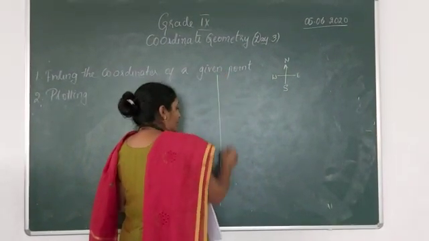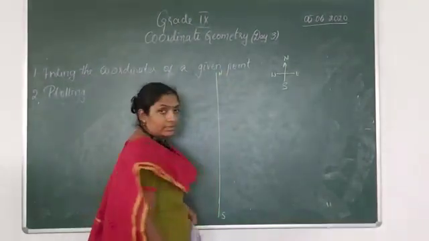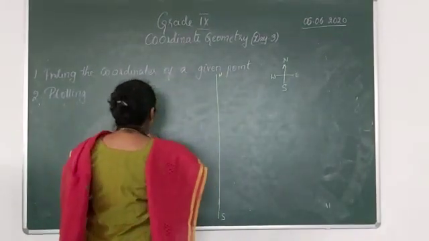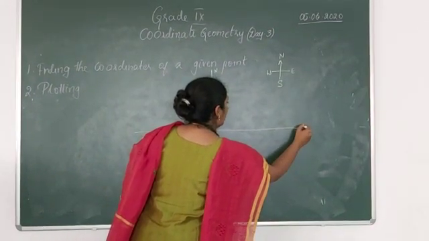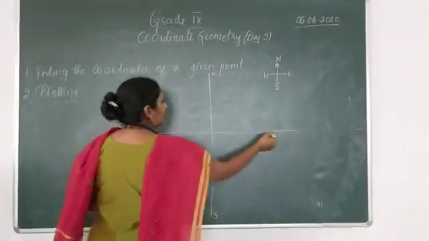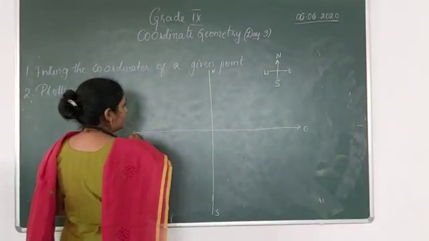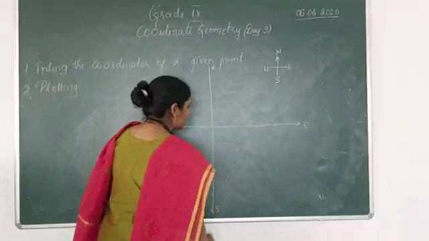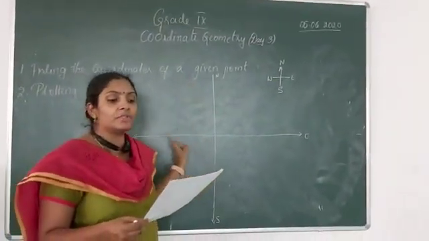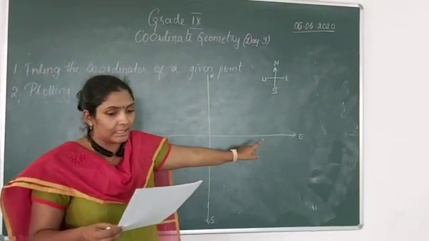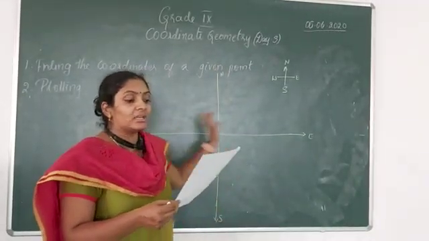Okay, so one road is going north and south, and the other road is going east and west. So this clearly is making, as we have two axes in a Cartesian plane, right? So now what is given? The city has two main roads which cross each other at the center of the city. These two roads are along the north and south direction and the east and west direction.